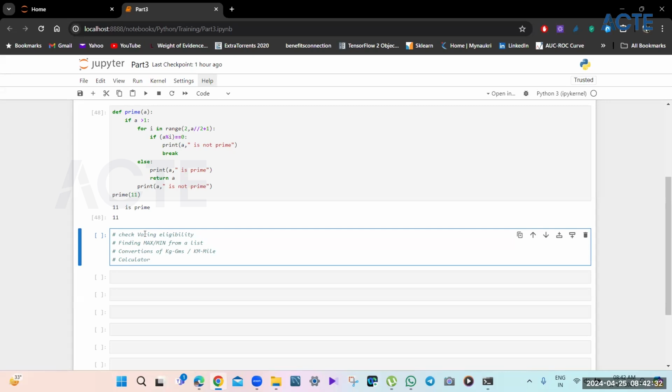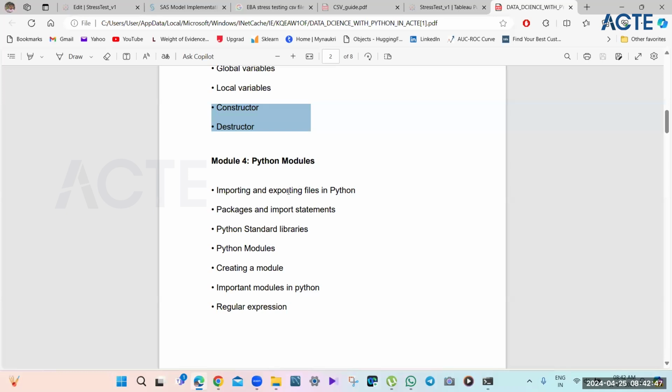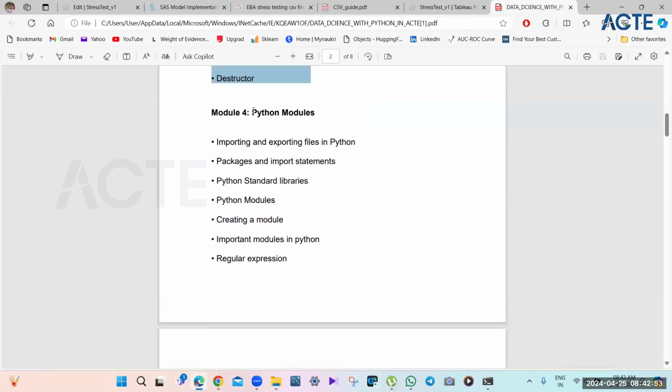So these are a few of the things, and there is something else also we will try to do, where we would majorly use functions, for loops, lists, tuples, dictionaries. Whatever we have learned until now, those are the things that we will use. And then we will jump into Python modules.